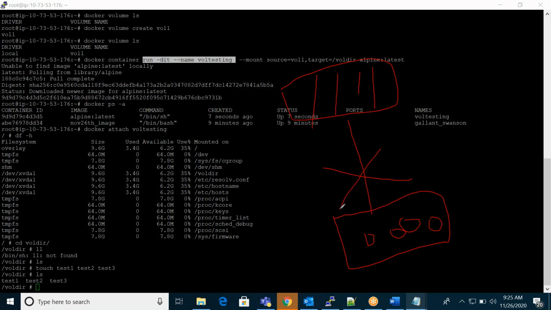I detach the same volume from here and attach it to a different container. If I attach it to a different container, here also you can see the same data, whatever data we have created here. Concepts clear? Are there any confusions here?